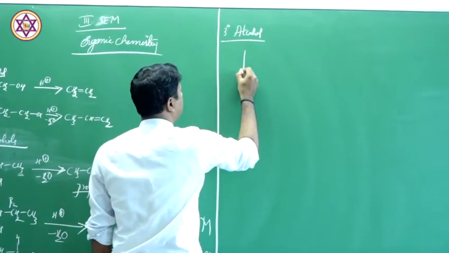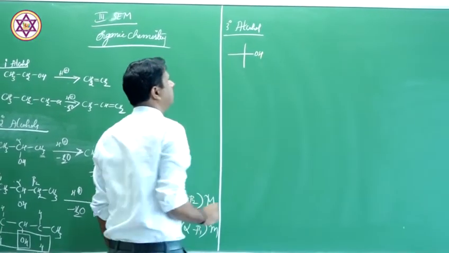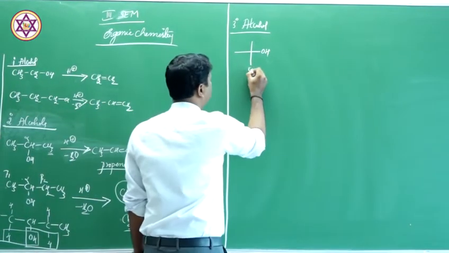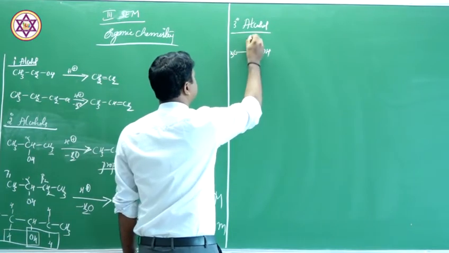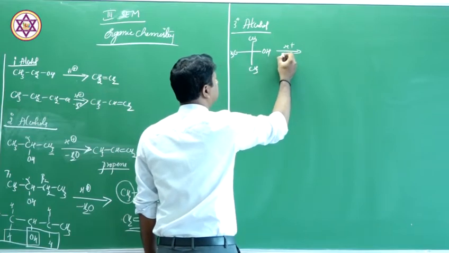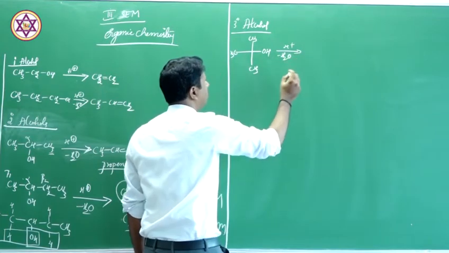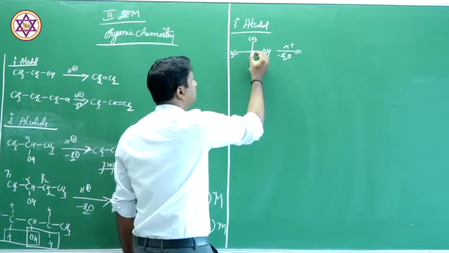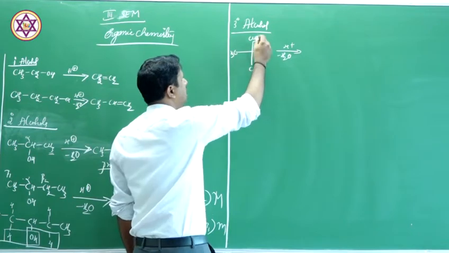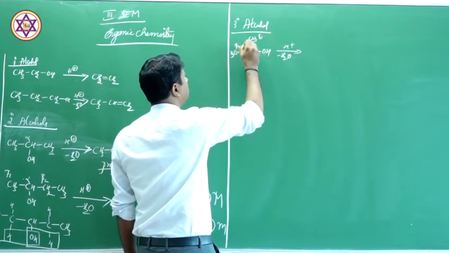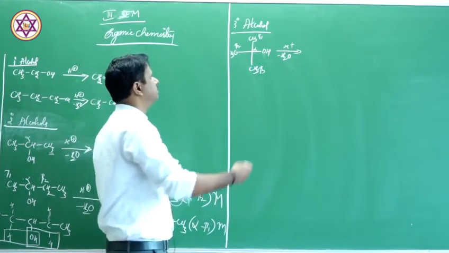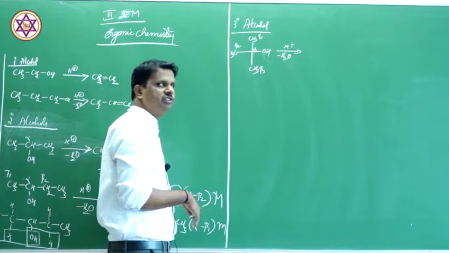Let's say for example, we take this one, that is tertiary butyl alcohol. We have CH3 here, CH3 here, CH3 here. And if this undergoes dehydration under mild acidic condition, minus H2O, see, this is the alpha carbon atom which is bearing the hydroxyl group. This is beta 1, this is beta 2, this is beta 3. There are 3 beta hydrogen atoms, that means 3 different beta hydrogens.